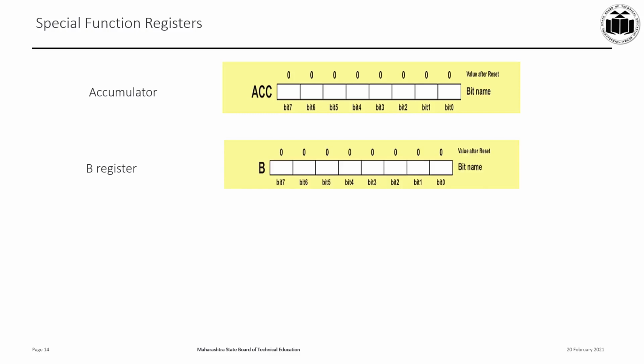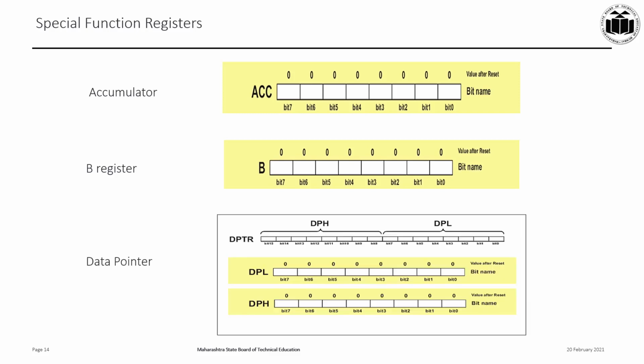The B register. It is a special math register and it is used in conjunction with A register as the second input operand and to return the 8-bit result. So if you have the instruction like say MUL A comma B, then B is the second input operand. It is usually used for multiplication and division. So the instructions like MUL AB, DIV AB make use of the B register together with the A register. It is also used as a general purpose register and it is treated as a memory location.